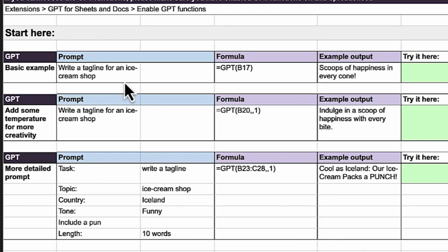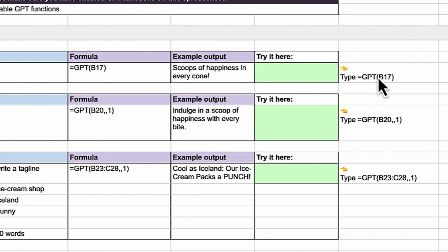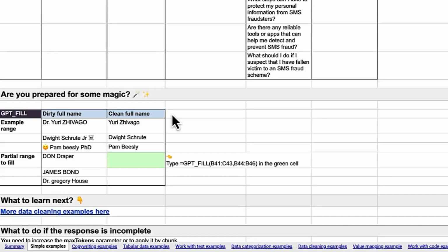So this is "write a tagline for an ice cream." This is just a question. So for a given cell, you can say equal to GPT. You just call that particular prompt from that particular cell, like this is B17, and then it gives you this answer. Okay, this is an example output. So this is what you type at the cell that you want to call in. You just type this command and you're going to have your answer. So this goes on for all the other